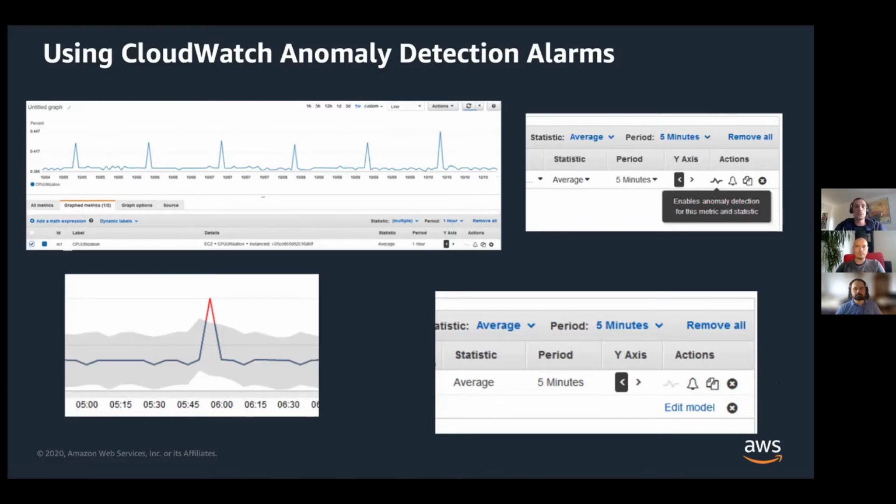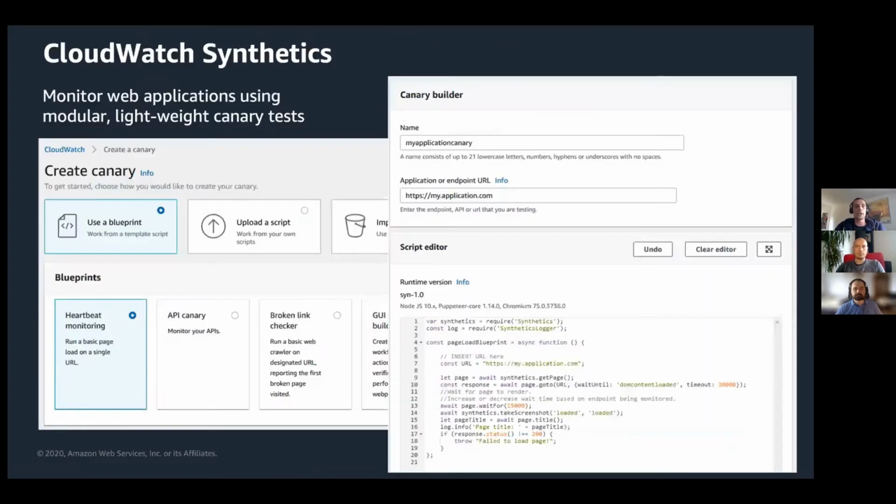That's where, most of the time, what I advise my customers is to set up synthetic traffic. One good way to do it is with CloudWatch Synthetics, where you can mimic your real customer behavior. And thanks to that, you do not have to wait for a real customer to hit the issue.